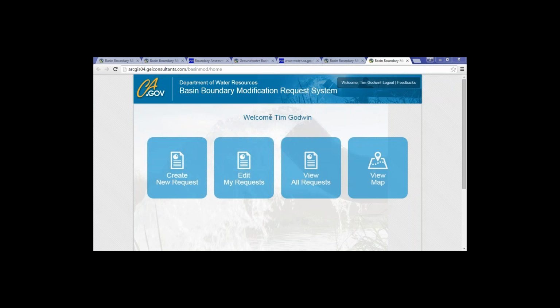So this is the opening screen following logging in. It's fairly straightforward to navigate this system as well. What you can see is there's 4 main topics here: creating a new request, I can edit an existing request I've submitted, you can view all of the requests that have been submitted, and then you can view all of these on